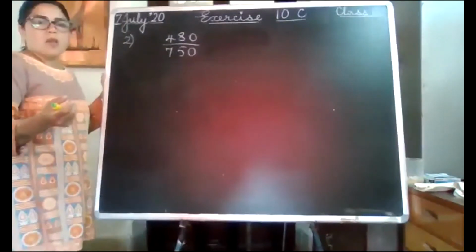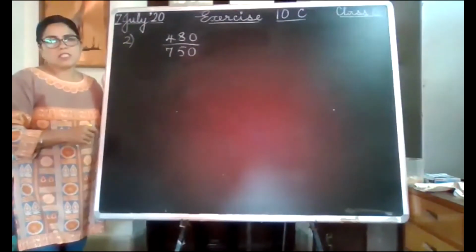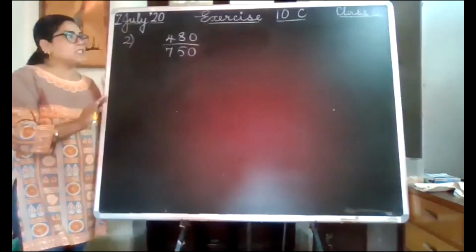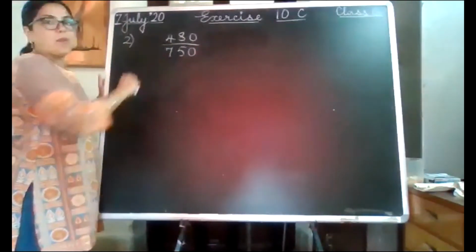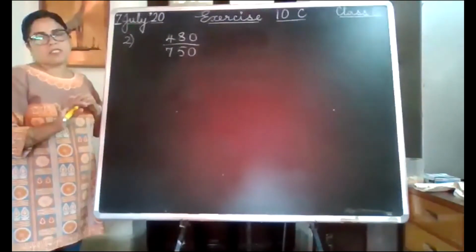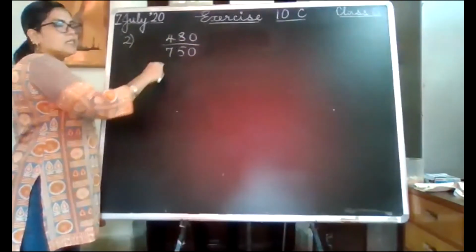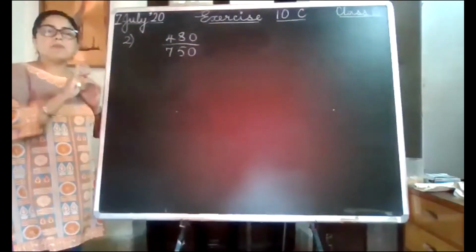Many a times, children come to teachers and ask them to find out the percentage. So now you know how to find out the percentage. What are we to do? You will add up all the marks that you have scored in the different subjects. And then upon what will you write? The total of the maximum marks of that subject.